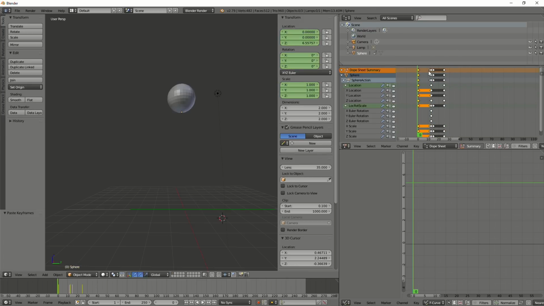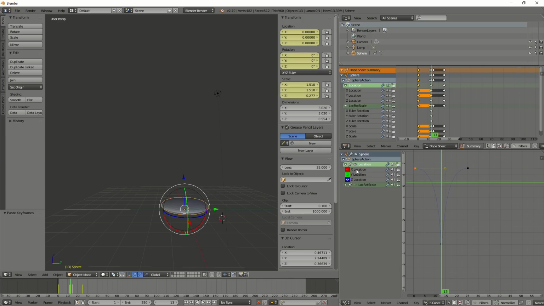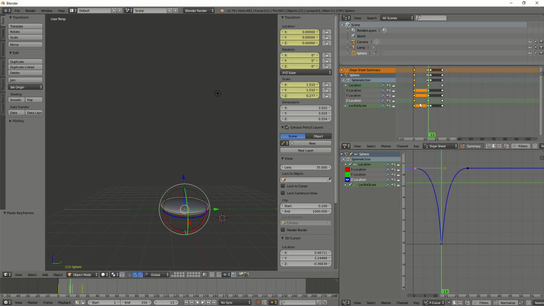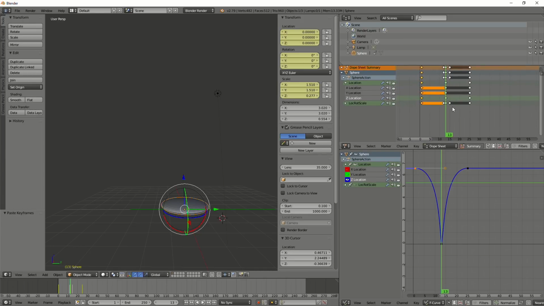And one thing that I like to do with bouncing balls is to have them on the ground for multiple frames. I mean, we can do that with the dope sheet, but maybe it would be nice to see what we're doing in the graph editor. So let's select our object and let's focus on the location values. Maybe let's do it in the dope sheet. That's easier to see. So what I want is for these location values,